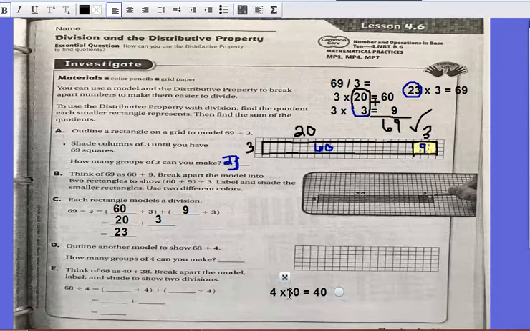Then I'm going to go to, let's see, as close as I can to 68. So 4 times